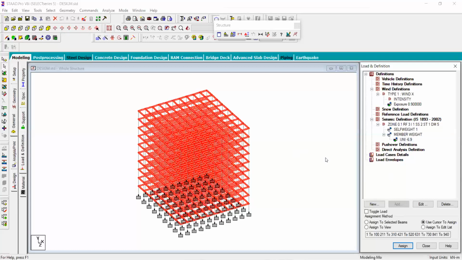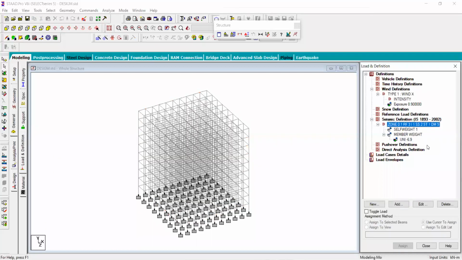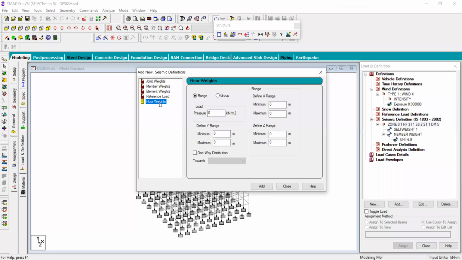After this you will go for the application of the slab weight. For the slab, again go for the height. In this one you go for floor weight. This is the span of the beams etc., I think 3 meters.